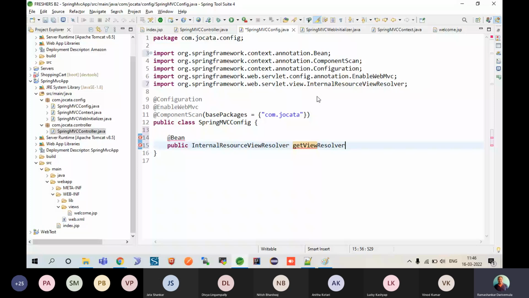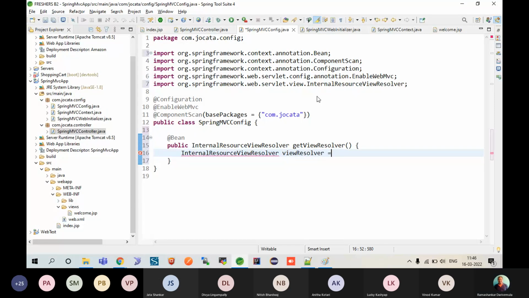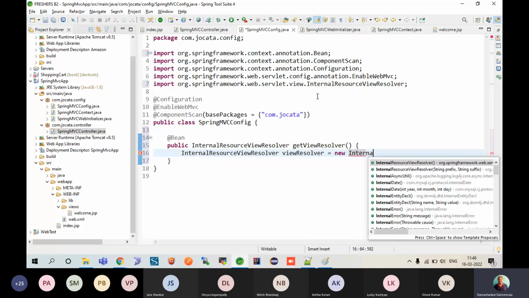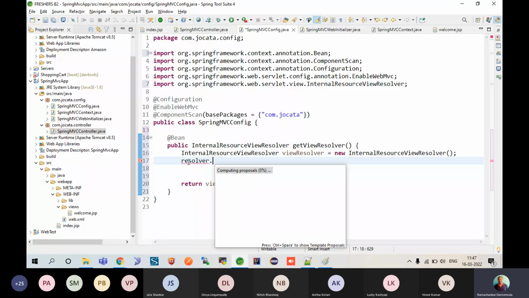So what this method will do is simply create an InternalResourceViewResolver equals new. Okay, and then I have to return this object. But before returning, I need to configure it in such a way that it will help this ModelAndView. So here I'll say resolver dot,